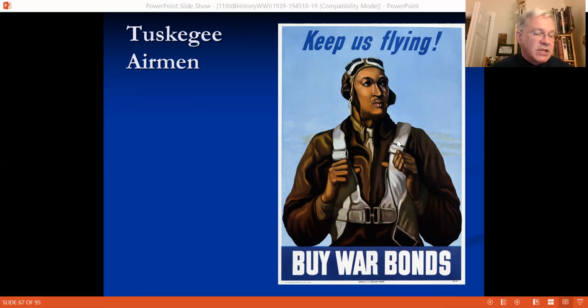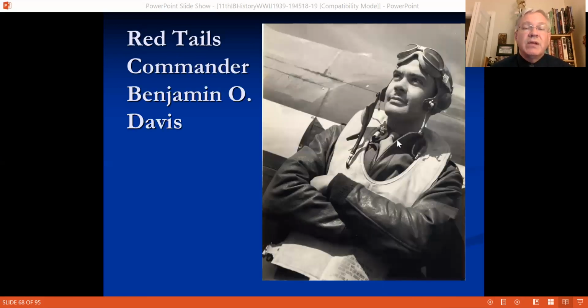Yes, this is the Tuskegee Airmen led by Benjamin O. Davis, right there. He's portrayed in the film. I think the same guy that was in the Marvel movie with Iron Man and so forth portrayed the commander there. And they ended up fighting very successfully in the war effort in mostly Europe.